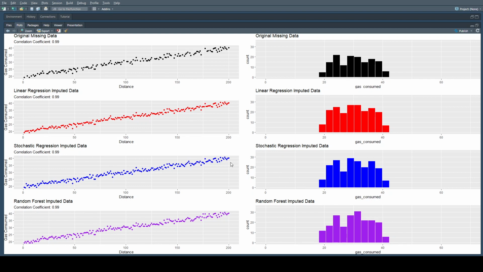Using a linear regression model will require far less computation, but will be less accurate, whereas using something like a random forest model will be much more computationally heavy, but far more accurate if you have a lot of variability. Using something like a stochastic regression will be somewhere in the middle, where it'll be far more accurate than linear regression, but won't be as computationally heavy as a random forest model. And that's something you'll have to take into account and balance yourself as you're building your products or whatever it is you're working on,